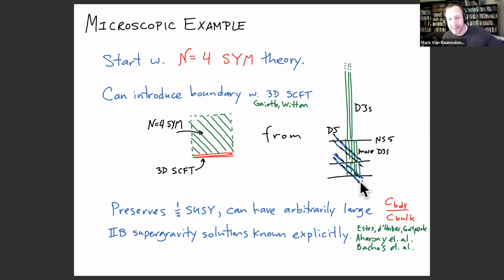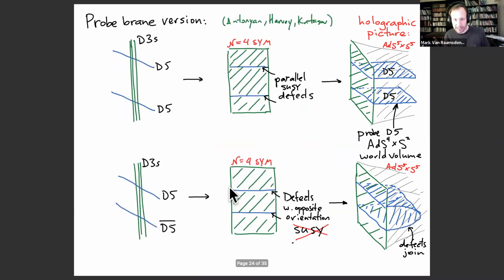Okay, so one of the nice things about this particular class of theories is that all of these have known gravity duals. So if we're just sticking with one boundary like this, and we look at the vacuum state of such a theory, then there are explicitly known type 2B supergravity solutions. And so looking at these solutions, we can better understand what this end of the world brane that I was talking about is. Okay, so in these supergravity solutions, let me skip ahead to this picture.